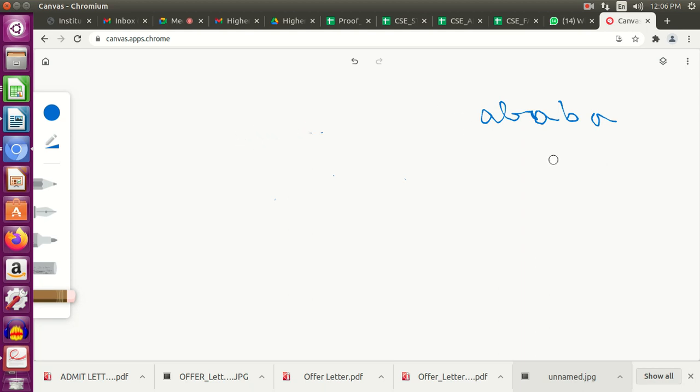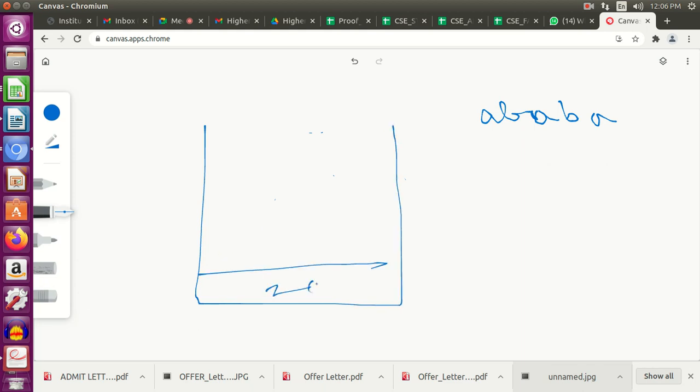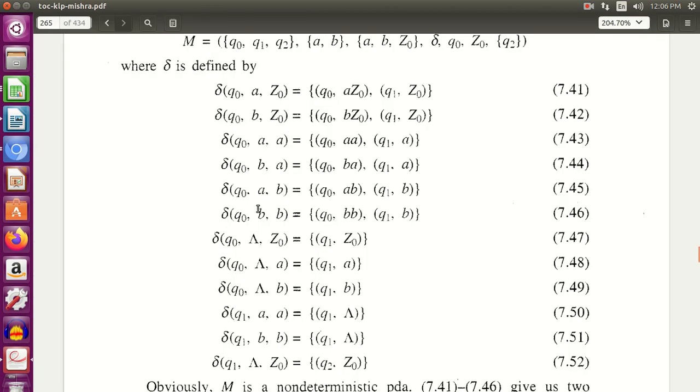This is an odd length, so let me consider this example only. So I have my stack empty, I have an A, I push the A, I have a B, I push the B. Now I know I am at middle. Okay. What is my status? My top of stack is B and I get this middle A. So my top of stack is B and I get an A, which I know is the middle A. What I do is I change the state. I simply change the state to Q1.